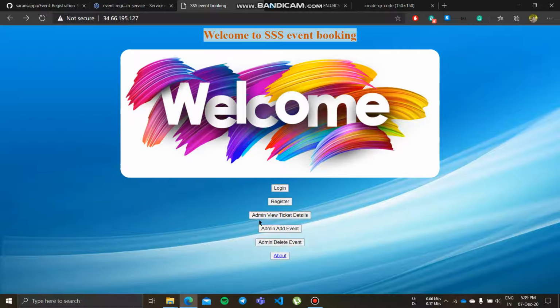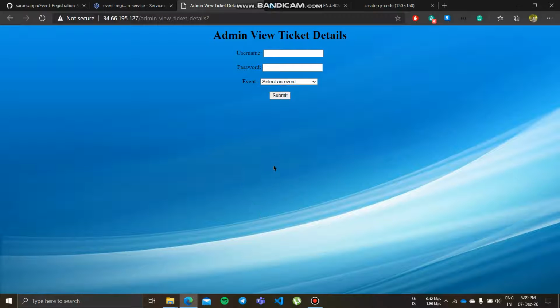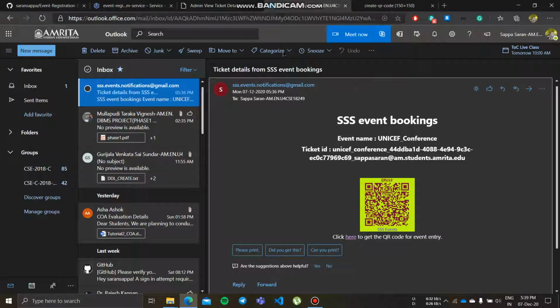Yes, we can also view the ticket details for each and every event, like who all the people registered for the event, which can be visible to only admin. The admin username and password are needed for this. We registered for the UNICEF conference.